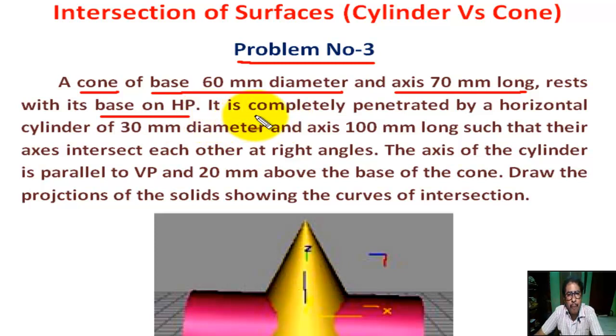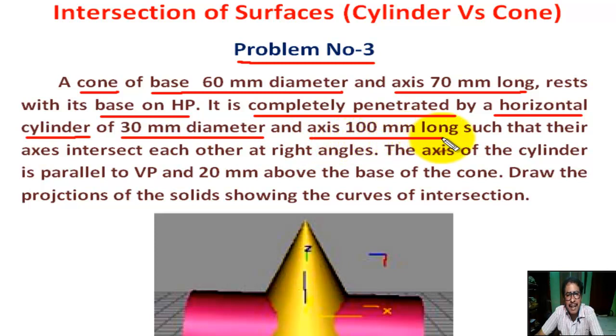It is completely penetrated by a horizontal cylinder of 30 mm diameter and axis 100 mm long,